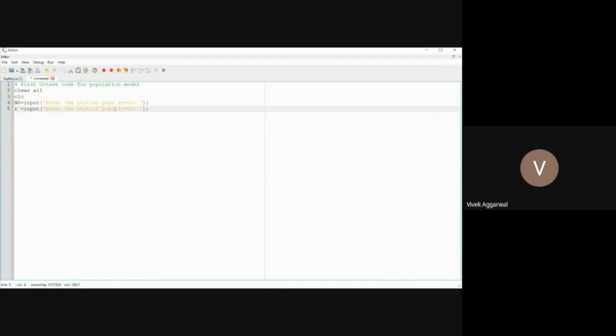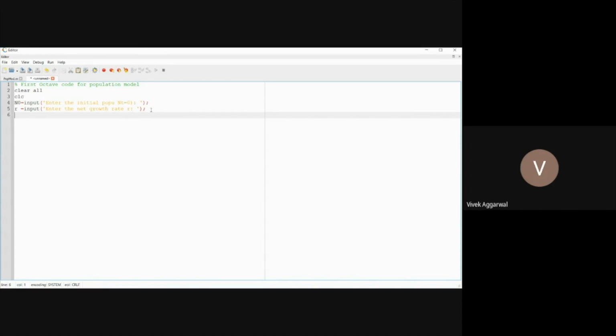And now I enter the growth factor. So I will write it here. Enter the net growth factor or rate, whatever it is there. And this is basically, you can write here as R, right? And this is the population. So I can write here as N, doesn't matter. But this is just a comment. It will appear on the screen when you compile this code. So these are what I want.